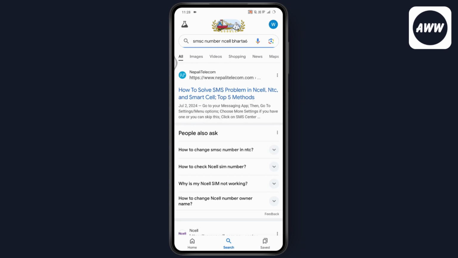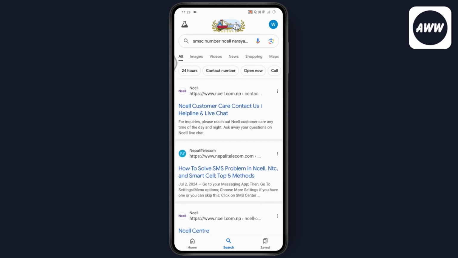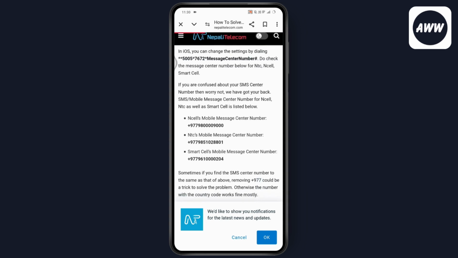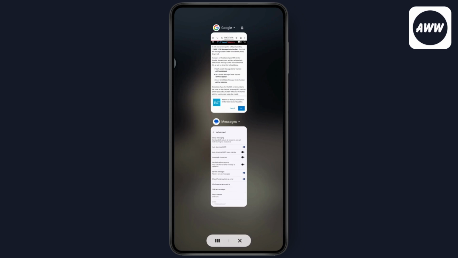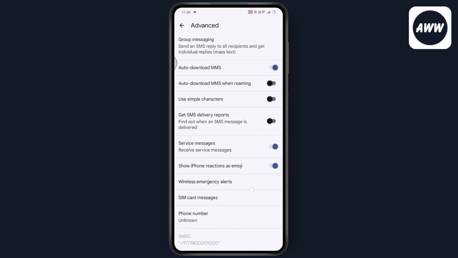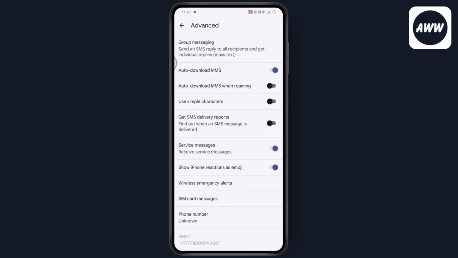are right now. And here you can simply go for the searches, which is on the first, and here you will have all of the numbers, right? So what you need to do is you just need to copy the SMSC number from here. So for example, you will have this number, right? So you just need to copy the number from here. Once you've copied, you need to simply paste that exact number under this SMSC, and once you've pasted, your problem